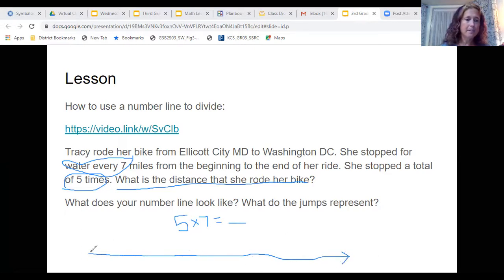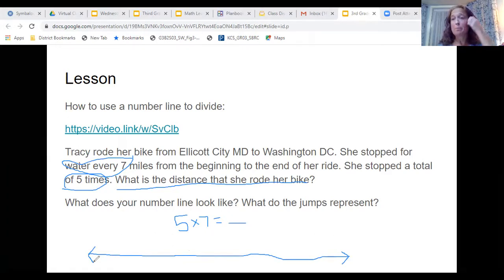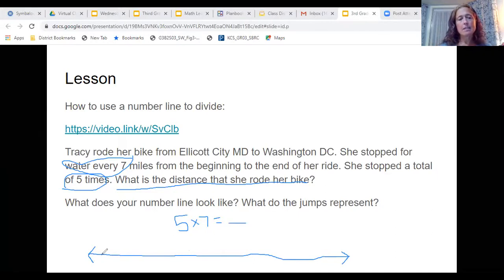Okay, so we're jumping 7 miles 5 times. Okay? So we start at 0, obviously. This is one number line that will start at 0. And then we jump